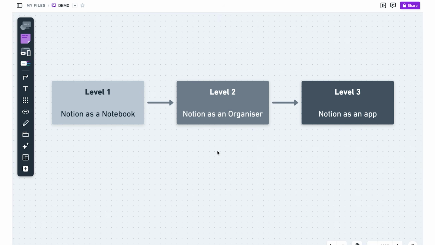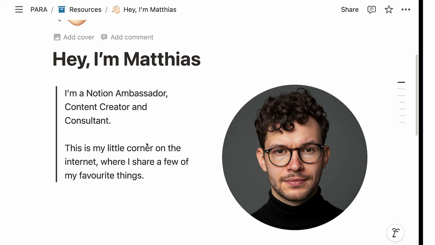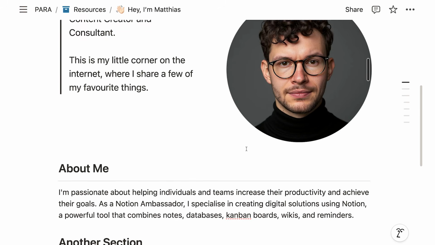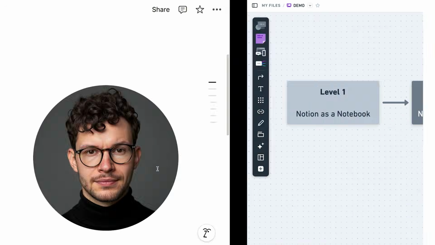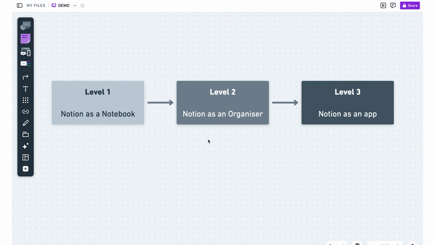With what we've talked about so far and a little bit of practice, you're already pretty much on track to master level 1 of Notion. Using Notion basically as a notebook, right? You have your different pages, you can write things down, you can style them in different ways, and you can create these simple information-driven elements. Now, level 2 is all about learning to use Notion as an organizer,